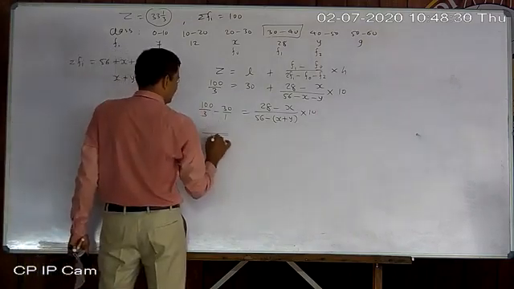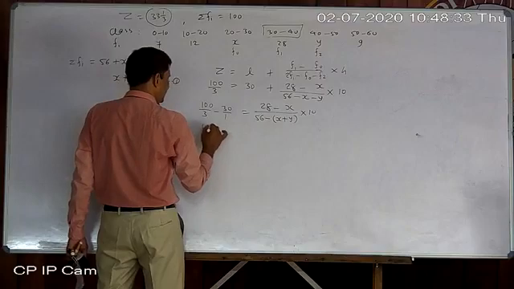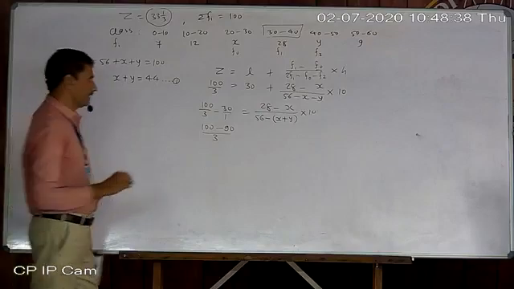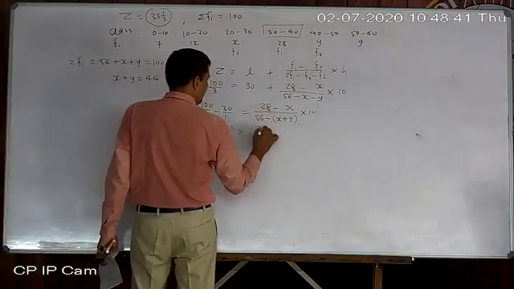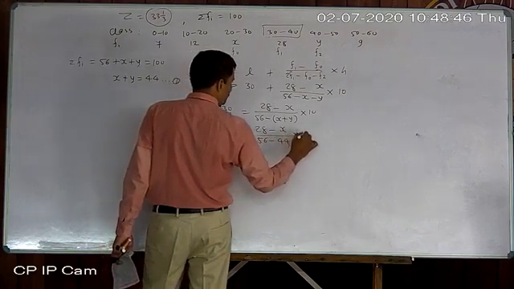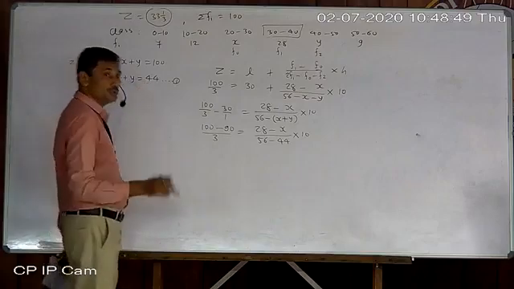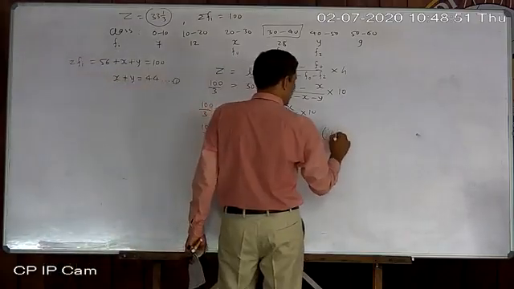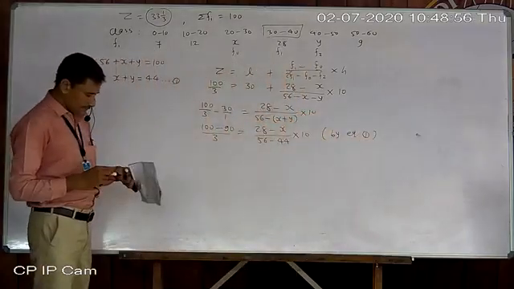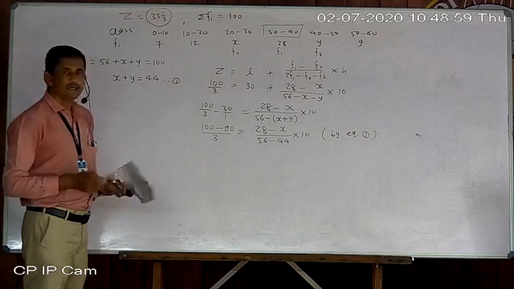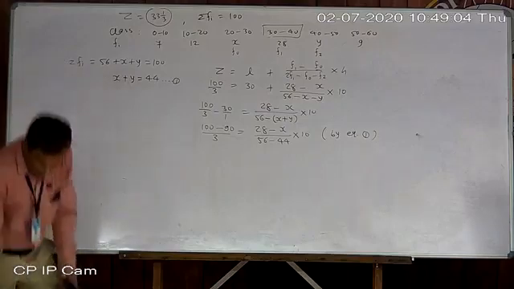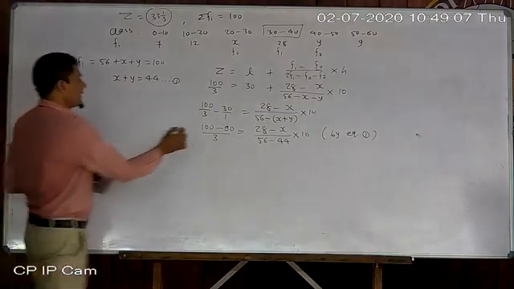So we will use 44 in place of x plus y. Now 100 minus 30 into 3, that is 90. Now it is 28 minus x: 56 minus 44. Where did 44 come from? We know x plus y equal to 44. So write down here by equation 1. With reason only, we write the x plus y value. Now just simplify here. Whatever left here, 10 by 3.